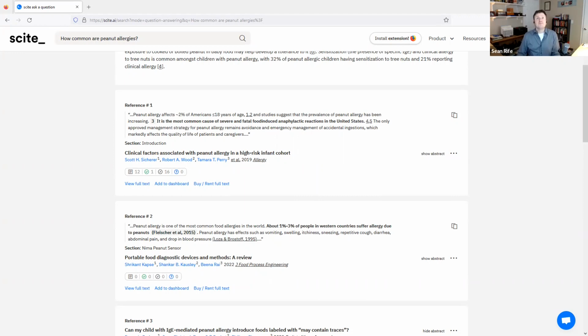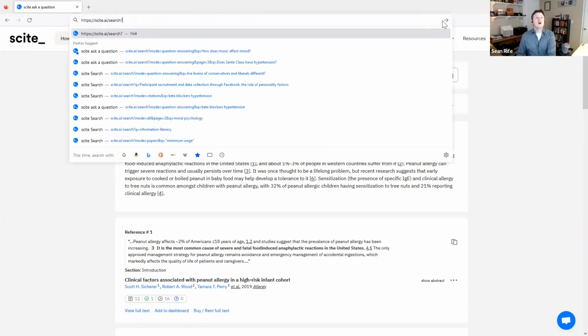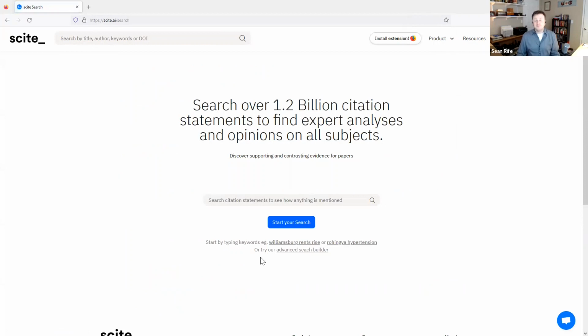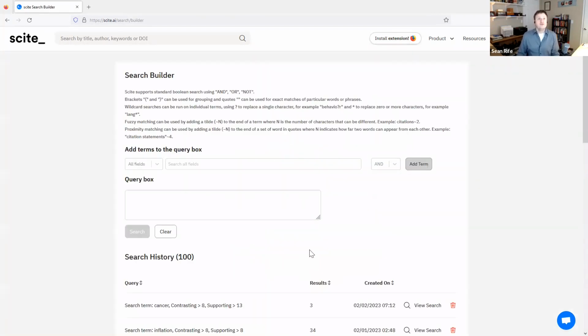As a final point, I don't know what institutional subscription your various libraries have, but one common thing is the ability to compose fairly sophisticated search queries using Boolean logic. So, for example, going back to our earlier example of hypertension and beta blockers, maybe I'm interested in papers that reference hypertension, and we have our Boolean operator here, and beta blockers.